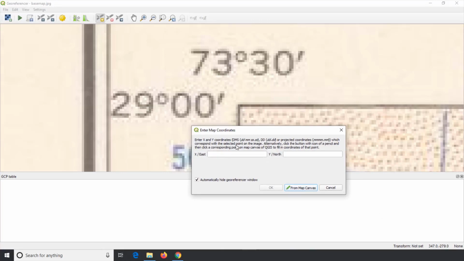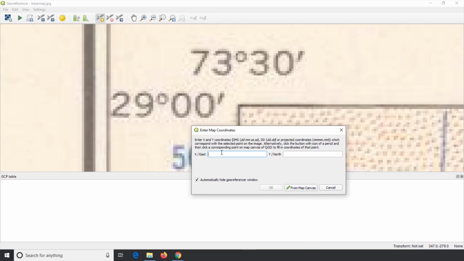Latitude and longitude information of a point can be entered in 3 different formats such as DMS, which stands for degree minutes and seconds, and DD, which stands for decimal degrees, or projected coordinate format. As we are going to enter the value in degree minutes seconds, first we have to enter degree, then a space and minutes, then a space and seconds.